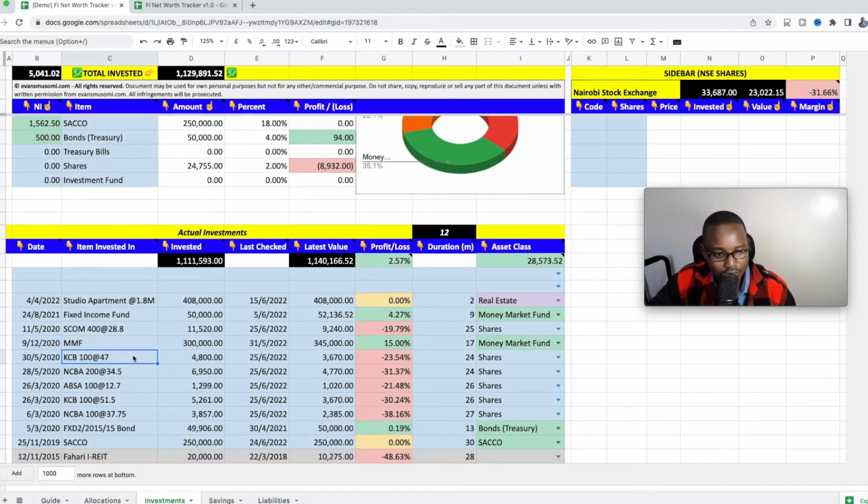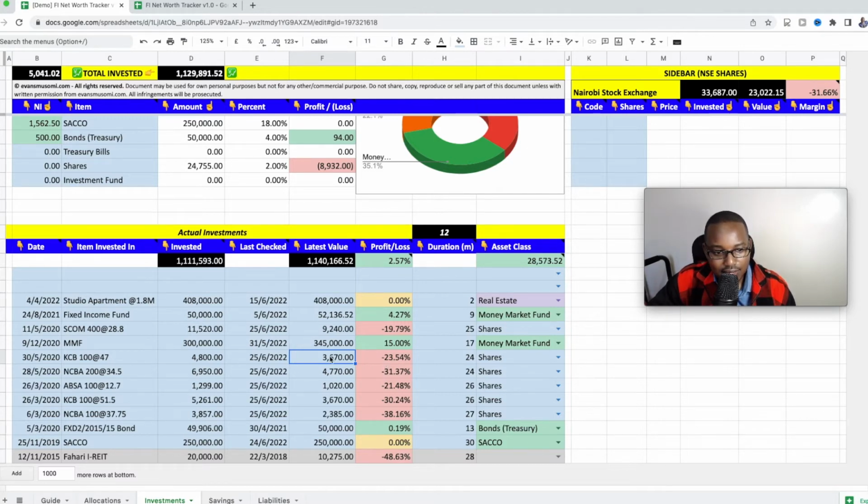So for example, over here, he bought 100 shares of KCB when each share was 47, and the cost of the transaction was 4,800. And right now, the current value of these 100 shares is 3,670. So if he was going to sell these shares, he would go at a loss of about